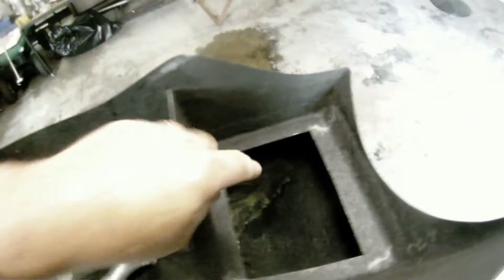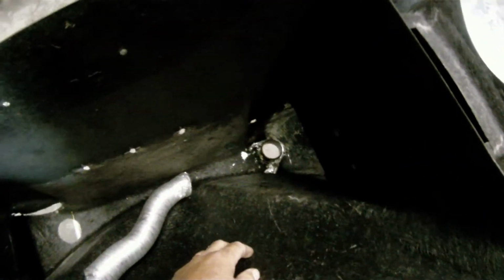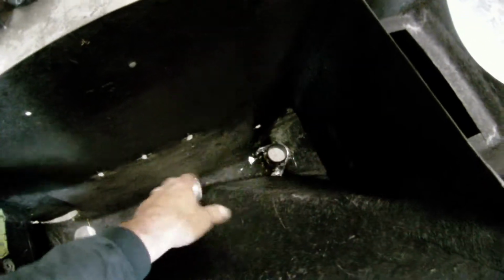I got the scraper out. We're going to end up removing all that old fiberglass that's in there. You see that light colored stuff? That's a great big air void. It's not stuck to anything. So we'll end up probably peeling all that out of there as best we can. Removing that little brake duct and getting down to carving out the bad stuff, and then we'll bring you some